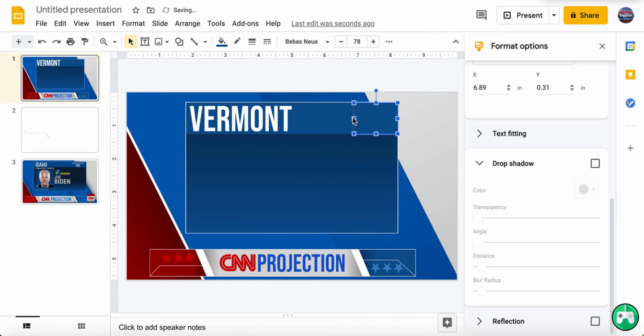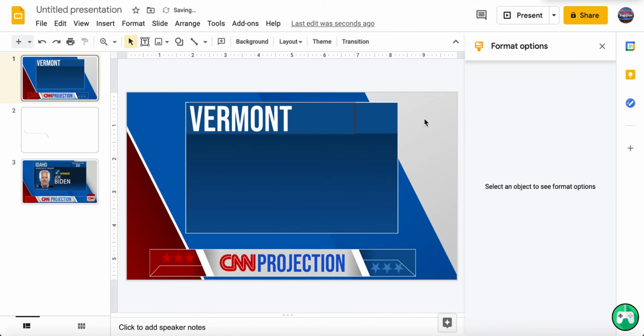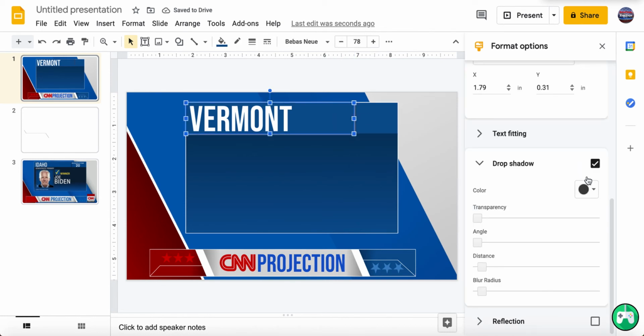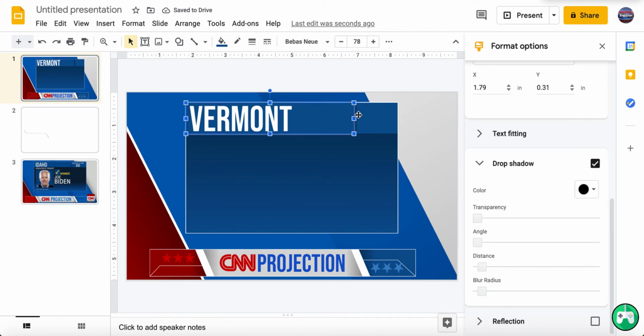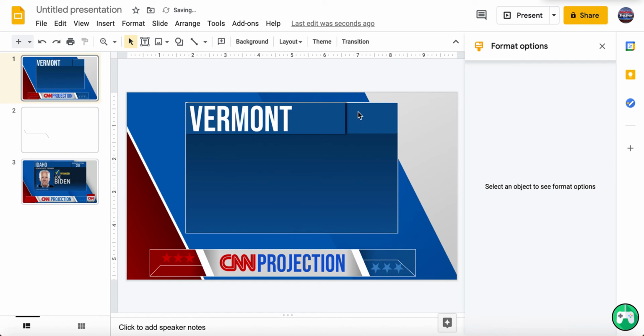Move it right there. Bring it behind there. Actually, no. I'm going to have to make that black. Yeah, that looks pretty nice. I'm actually going to bring that one farther back. Bring that one farther forward.